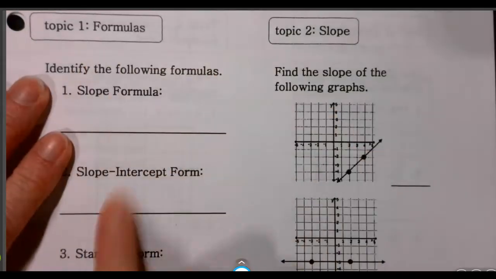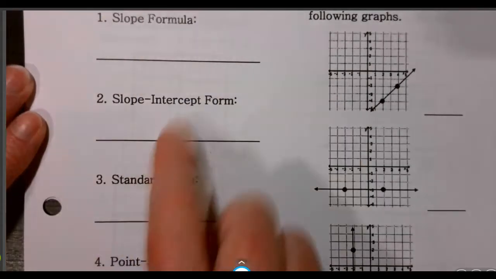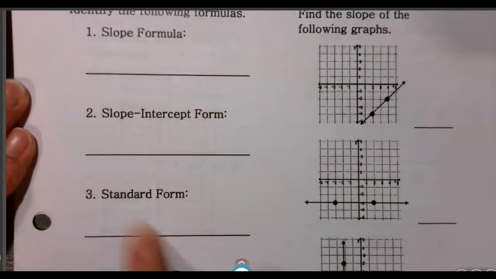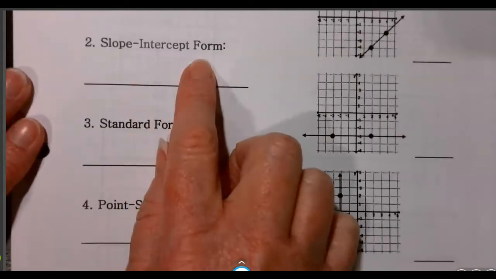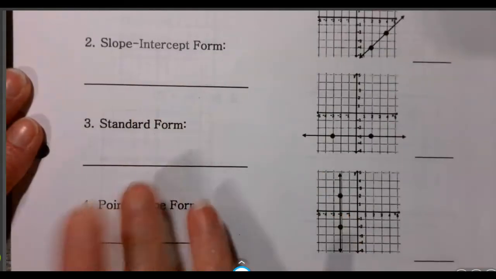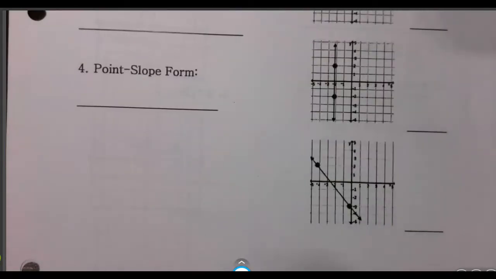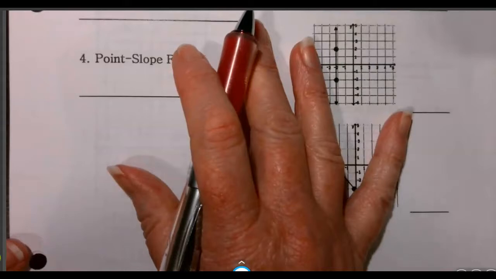So formulas, first off. Hopefully you've written all those in. Slope formula, as you know my opinion on that, so write down whatever you choose for a slope formula. Slope-intercept form, you need to know standard, point-slope. I've been telling you that. Hopefully you actually made some flashcards to remember it. A couple other things that I would probably add into that as far as notes,